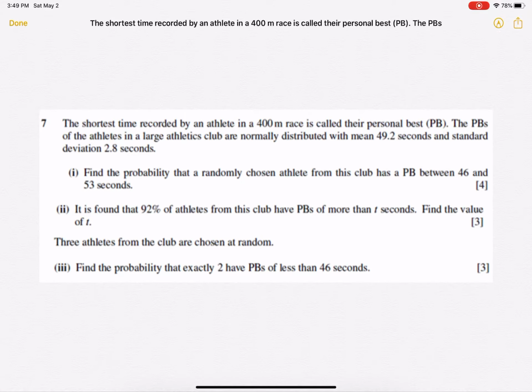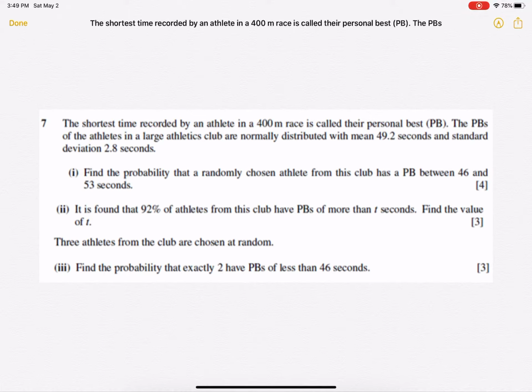Okay, welcome back. I'm going to discuss a normal distribution question related to the statistics paper 1. Here they say that the shortest time recorded by an athlete in a 400-meter race is called their personal best, and this is normally distributed with a mean of 49.2 seconds and a standard deviation of 2.8 seconds. So they want you to find the probability that this personal best lies between 46 and 53 seconds, and then